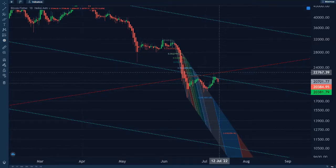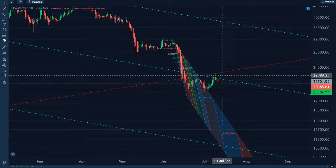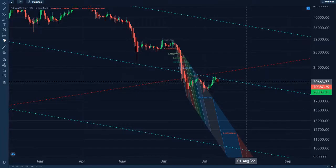some events happening. We have a full moon, so there's a lot of push and pull. So are we going to have a bottom here? That's possible, and then we could retest this red line here, which is a very good possibility. However, if we get into this band here where we're bouncing off of this, we could continue into the August area,